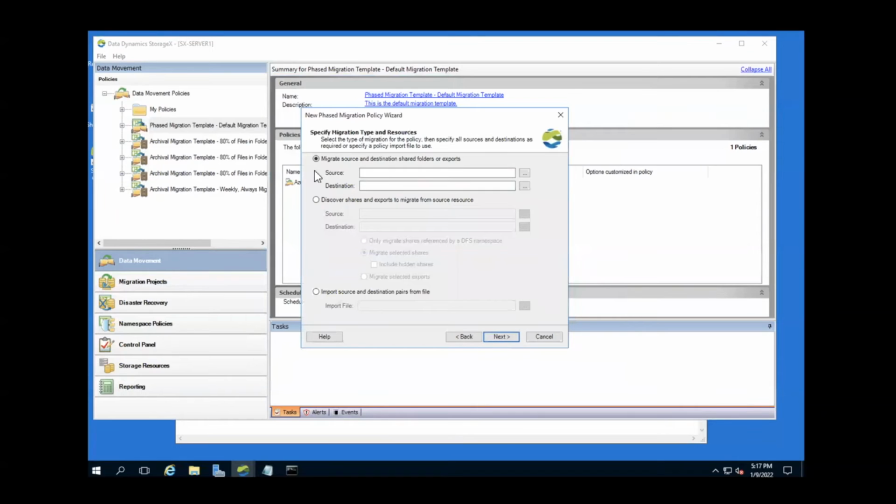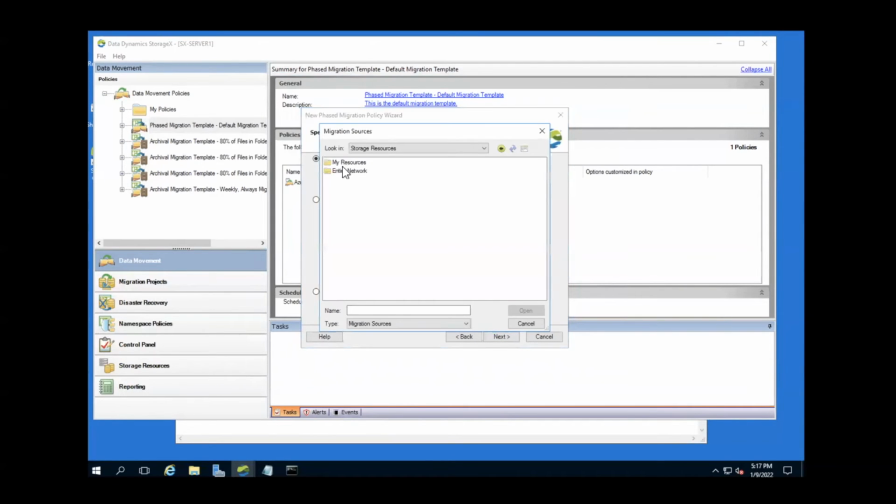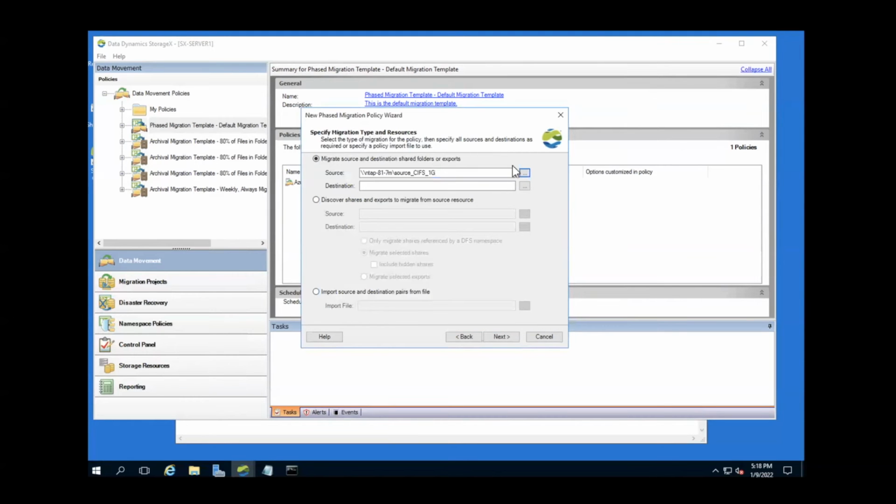The thing that you're going to want to do is choose a source and a target. Well, the source we know is going to be on site. So I go to my resources, I go to on site. Here's my 7-mode system. I double click on that. I get shares. There's the shares that I've set up to do that. I'm going to choose the source here and open that. Now for the target,